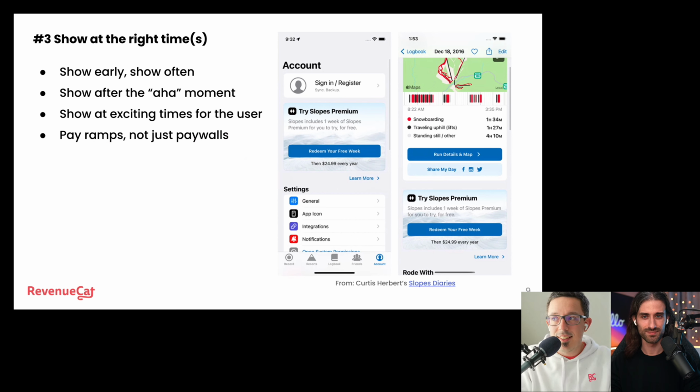One of the first things I usually recommend to people is, as soon as they open the app, just show the paywall. That's obviously, again, like everything, something you should test, and it's different for everybody. But from my experience, both as a user and on the developer side, you get better conversion. The conversion rate for somebody who's never seen your paywall is zero, always. You're always going to perform better simply by showing it.